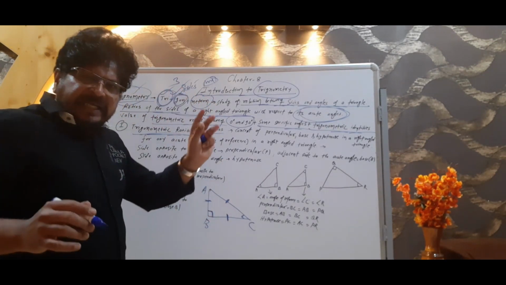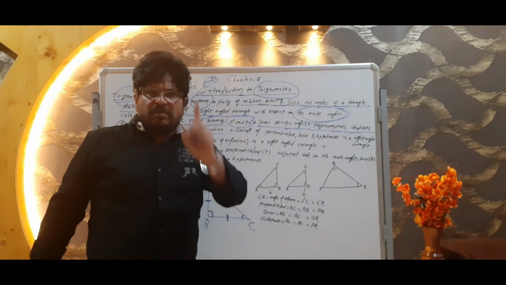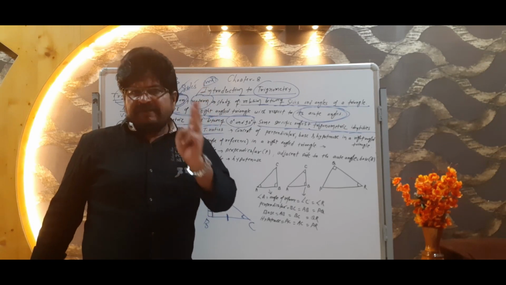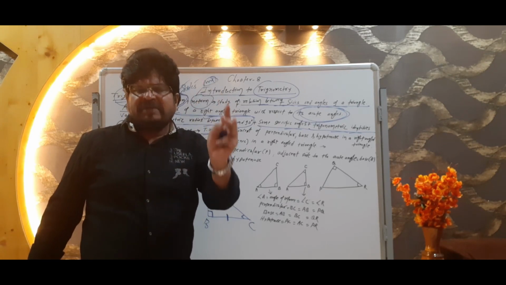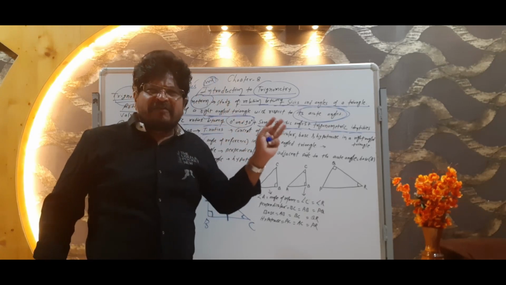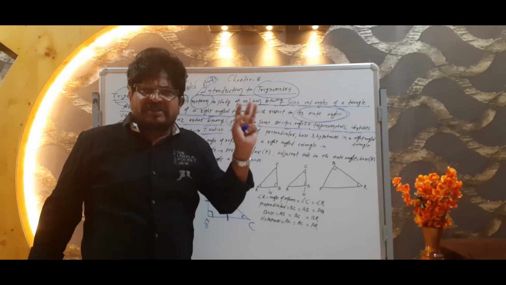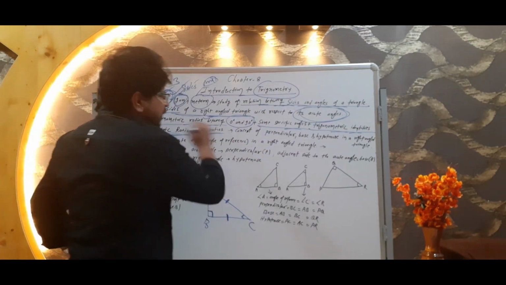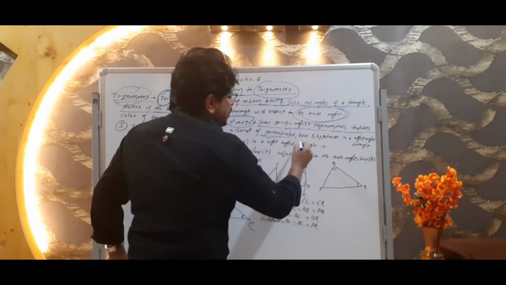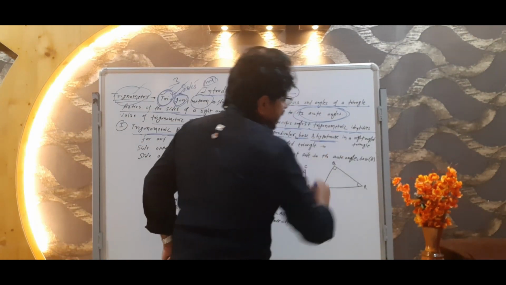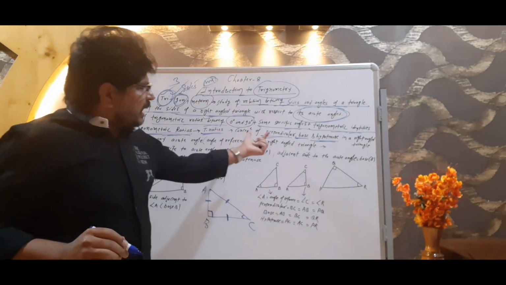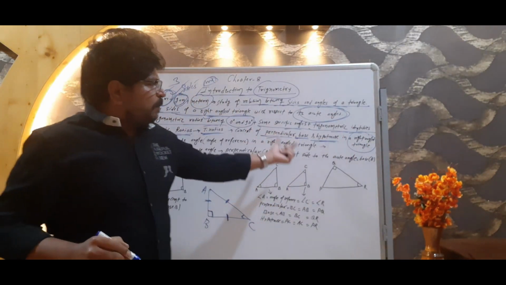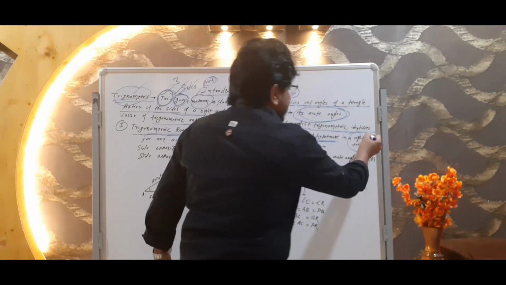Here we will study the three sides, one base, then perpendicular, and then hypotenuse. I will clear this thing for you: what is perpendicular, what is base, and what is hypotenuse. I think you must be familiar with it with the help of the Pythagoras theorem. In previous classes you studied it already. So here, in the trigonometric ratio, the T ratio, the concept of perpendicular, base as well as hypotenuse, and these particular things we will study in a right angle triangle.